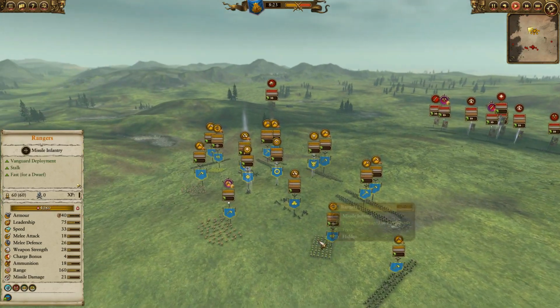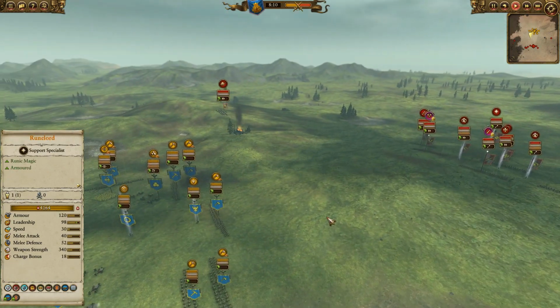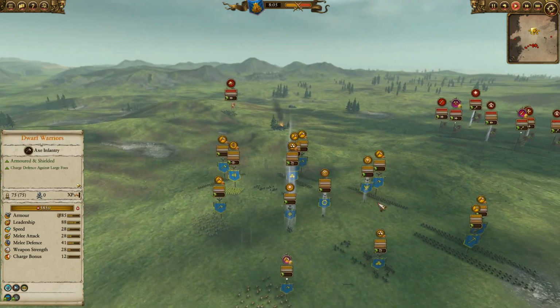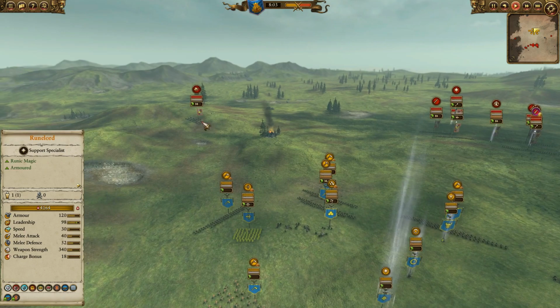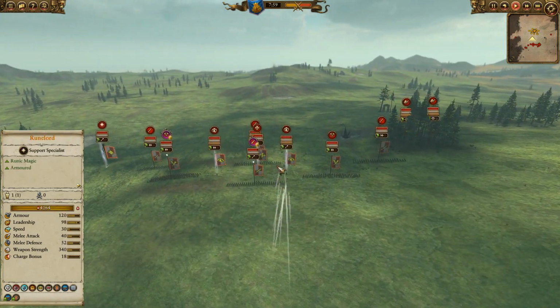Okay, so maybe I'll fast forward a little bit more. There we go. So I'm going to start shooting. I just let them shoot at these Sigmar's Sons just because. And I was planning on shooting these Reichsguard on the left flank, and I do want to shoot at these